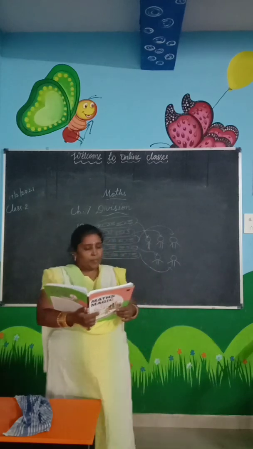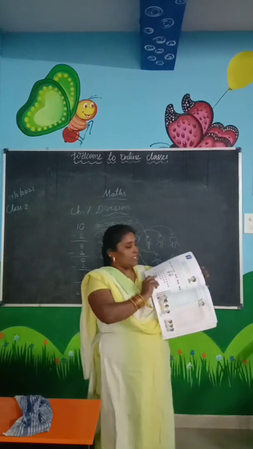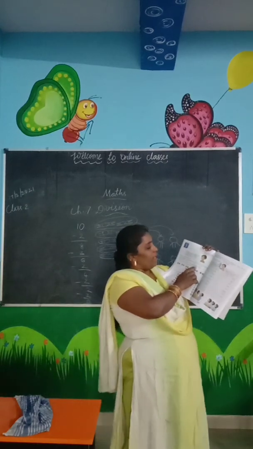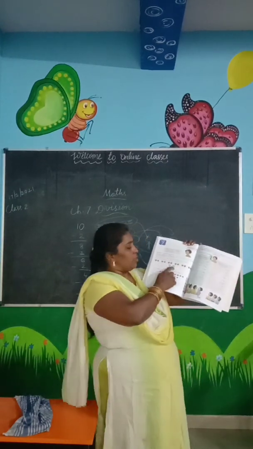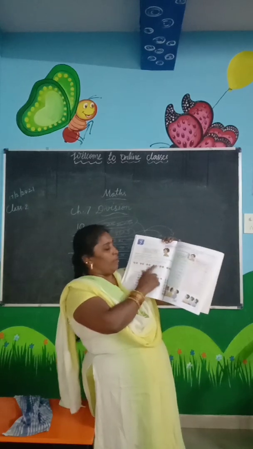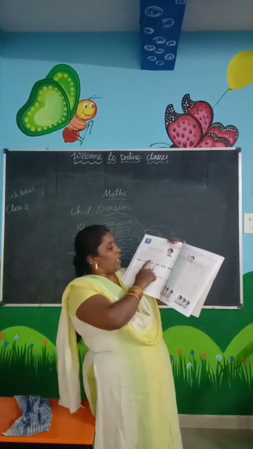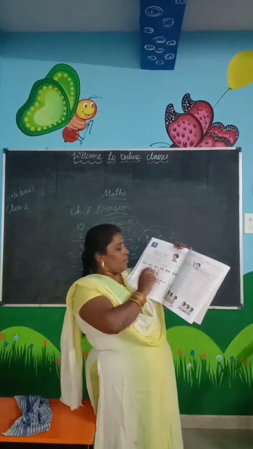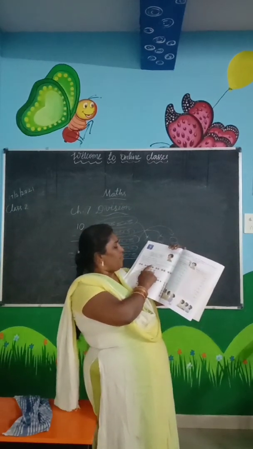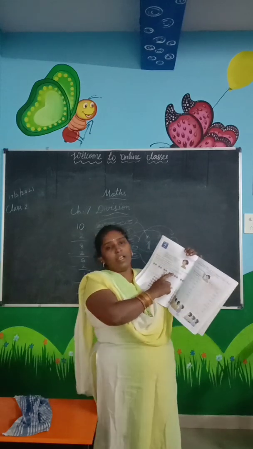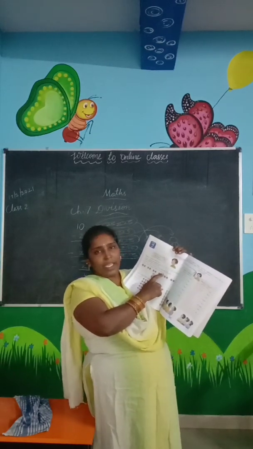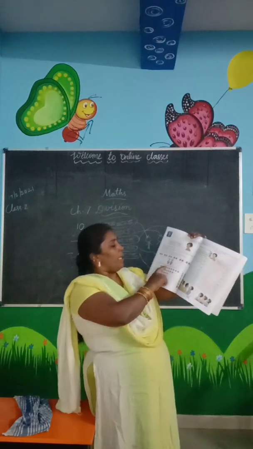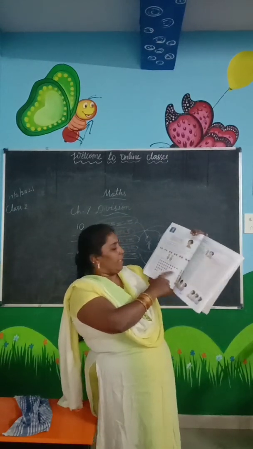So look at the 12 roses. There are 12 roses. They are to be divided and put in 2 vases. So there are 2 vases and 12 flowers. I should divide these flowers into 2 vases. So how many times can 2 be taken away from 12? Let us subtract 2 again and again from 12 till we reach 0.